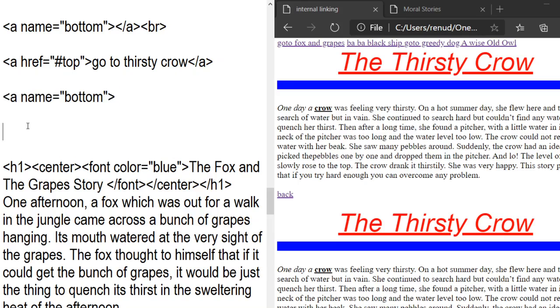Now when we move here, we can go back to the top of the page. Then you can write a space href is equal to inverted comma start, and then write the hash sign, and here you write top, top, inverted comma, close the angular bracket. And here, what we want to write, we will write go to top of the page, for example.